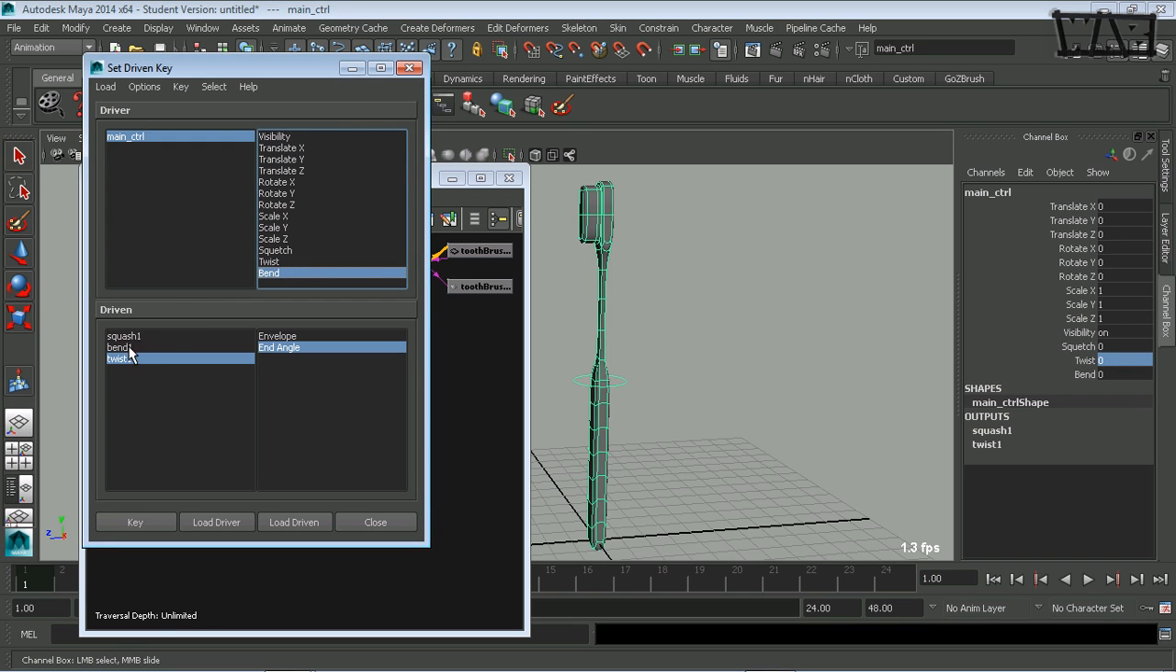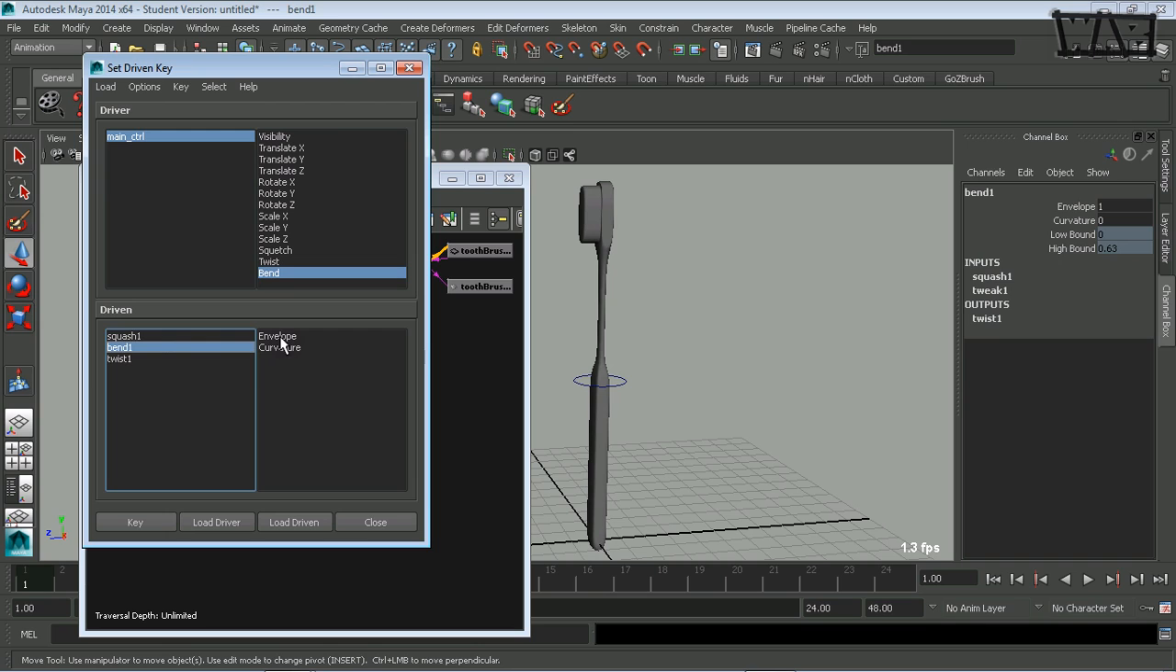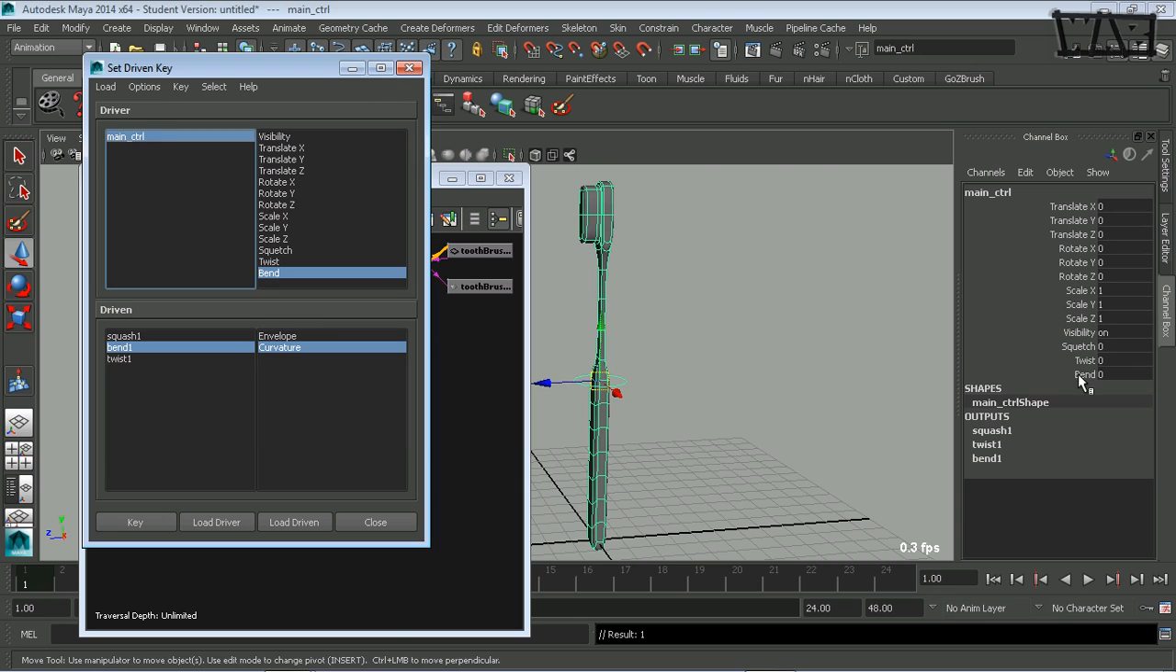So I'll select the bend attribute on the driver on the main control, and then click on bend in the driven area and select the curvature and click key. And then go back to my main control, change the bend attribute, my bend attribute to positive 10. And I'm going to use that to